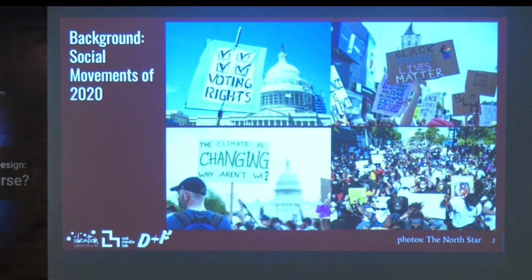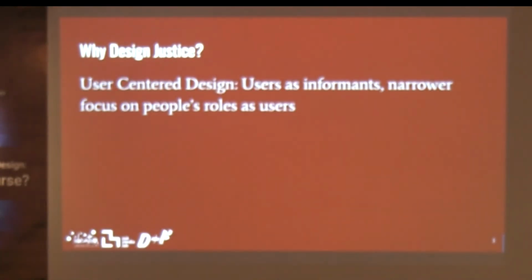So a little bit of the background of why we're interested in this. The social movements of 2020 related to the pandemic, growing concerns related to climate change, racial justice, the Me Too movement, things like that. A lot of these gained momentum in the last couple of years, and we were particularly interested in seeing if that changed any discourse in the educational spaces, especially as students were getting involved in a lot of these movements and starting to think about them more.